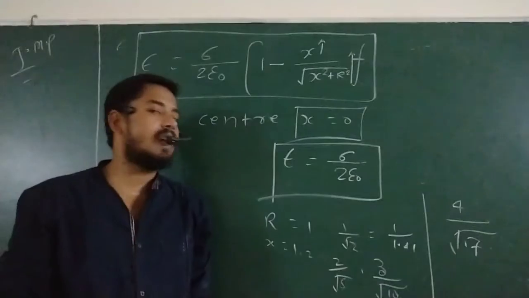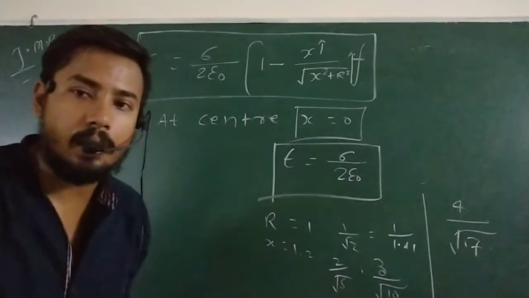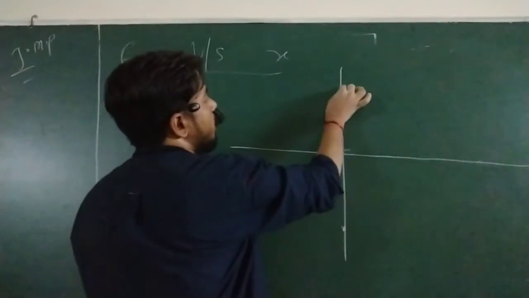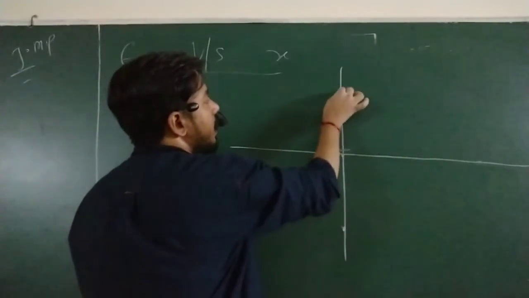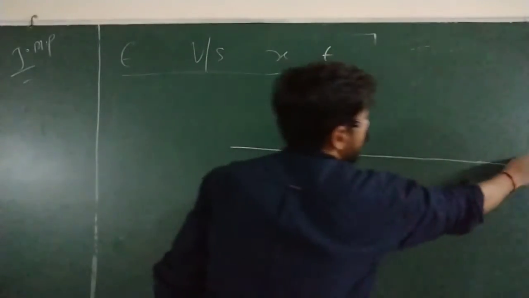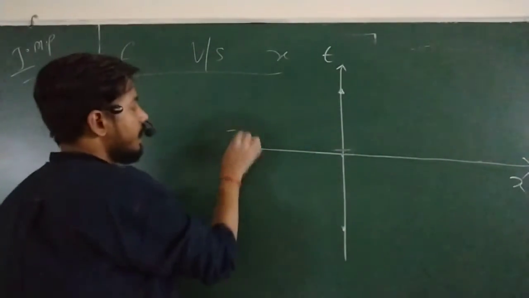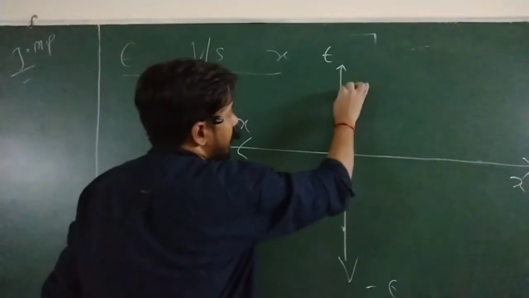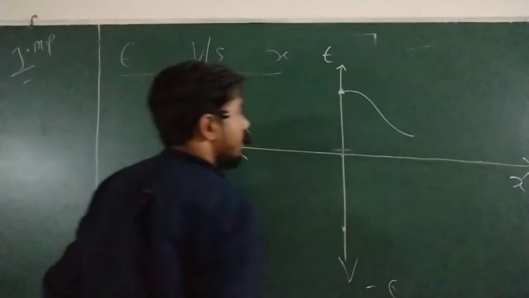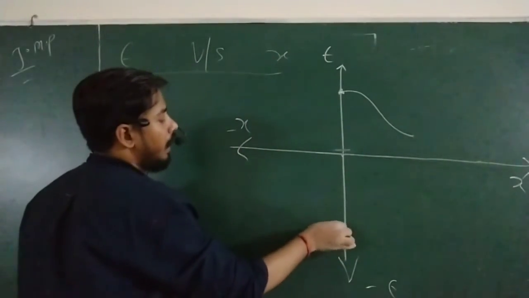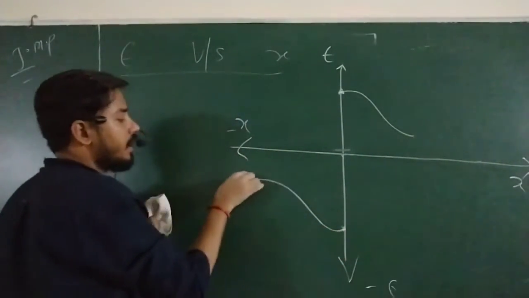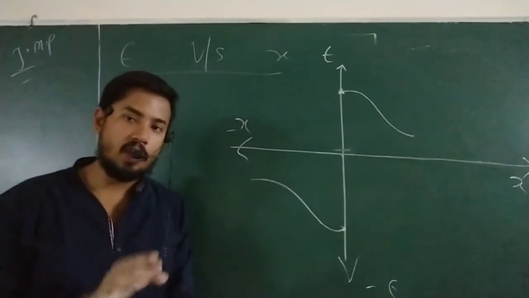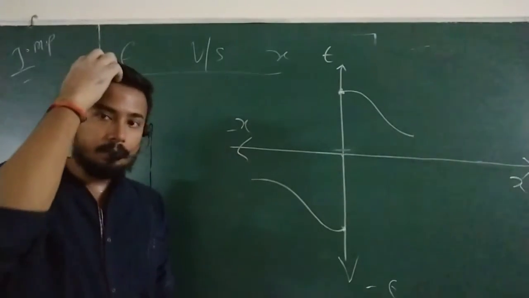So now we are going to study E versus x. See here. So see what I told, electric field will be maximum at the center. So this is the disk, its center. So electric field will be maximum. This is the positive x, this is the negative x, and this is the negative electric field. So this electric field is maximum, and after that it starts decreasing. Similarly here this will be maximum, and after that it starts decreasing. So this is the graph of electric field due to this. Done, buddy?